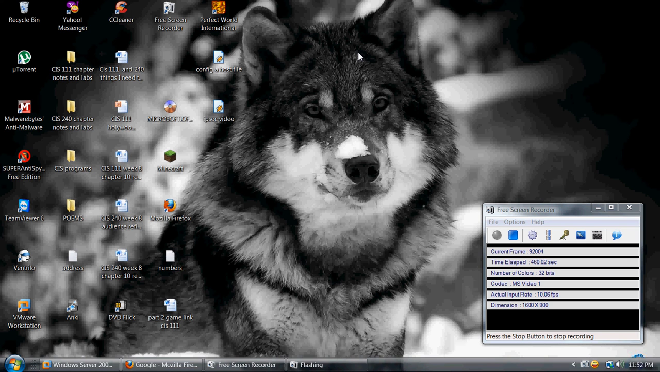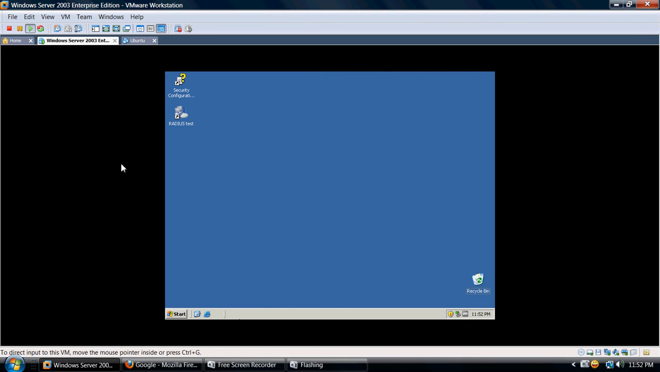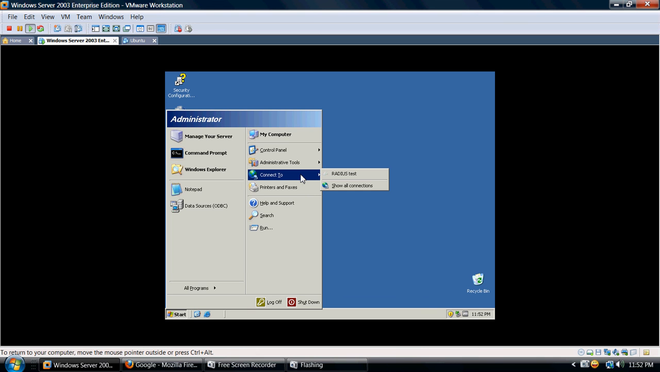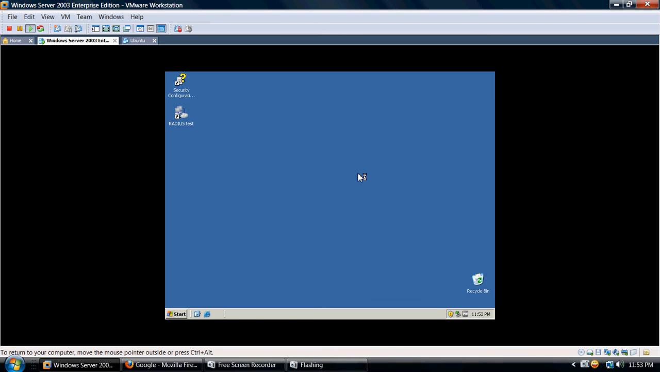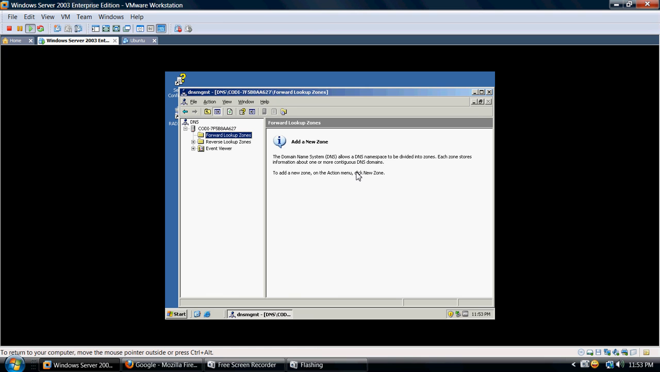So what I'm going to do is go ahead and create a primary zone. I'll open up my Windows Server 2003. I'll click Start, point to Administrative Tools, click DNS, click Forward Lookup Zones. As you can see, there's nothing here yet, so I can right click on that, click New Zone, go to Next,